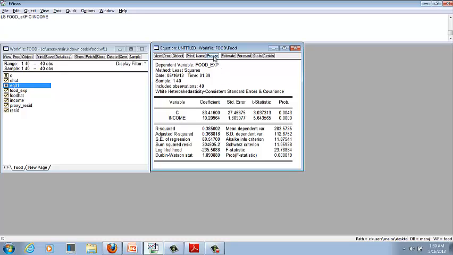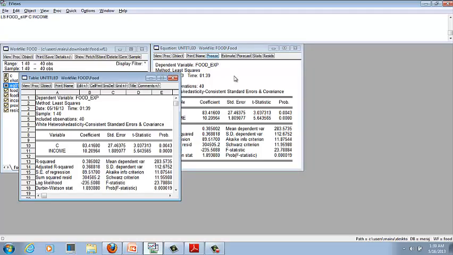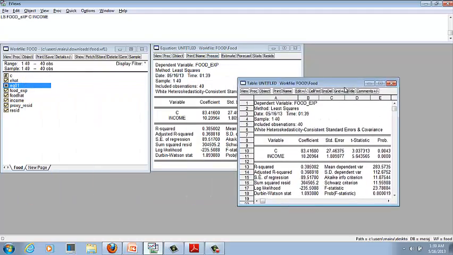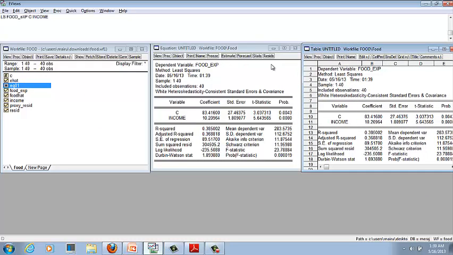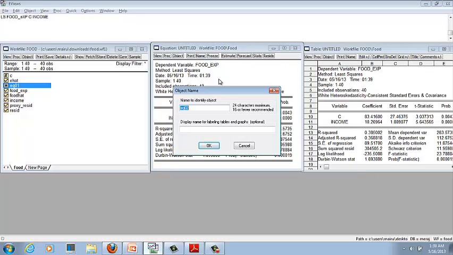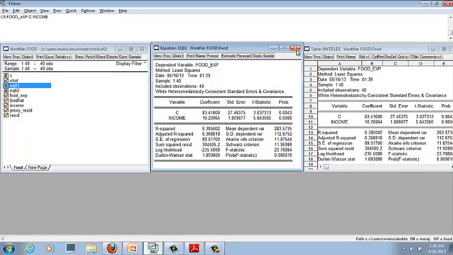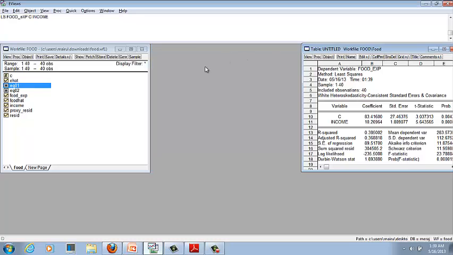So just freeze this to compare with our earlier version of the regression, and name it equation 2. Okay. So now here's equation 1.